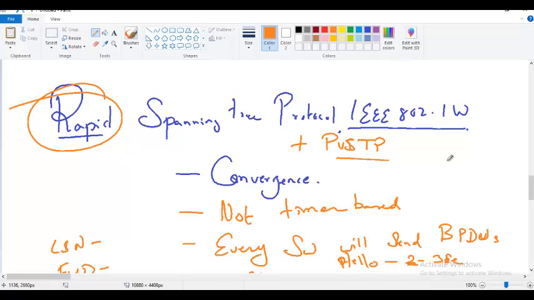It is not only one rapid spanning tree for all VLANs. For each VLAN, a separate rapid spanning tree. You don't need to say, I want rapid per VLAN spanning tree. No, you don't need to say that. When you simply enable rapid spanning tree,